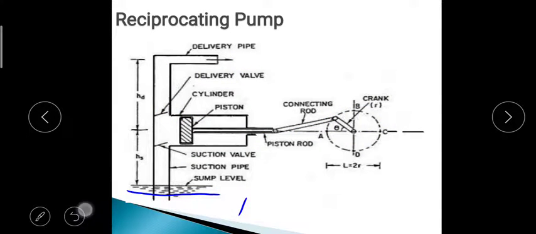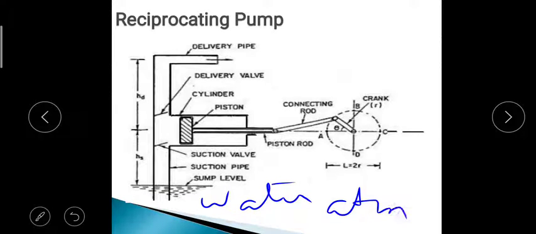So now, how does it work? In centrifugal pump, if the water has to enter into the pump, there should be a creation of low pressure zone by rotating the impeller. When the impeller rotates in the centrifugal pump, there is a creation of low pressure zone, which is taking the water inside the pump from the sump. So the same thing over here. The water in the sump will be at atmospheric pressure, so the pressure is high. So now we have to create a vacuum zone or a low pressure zone.